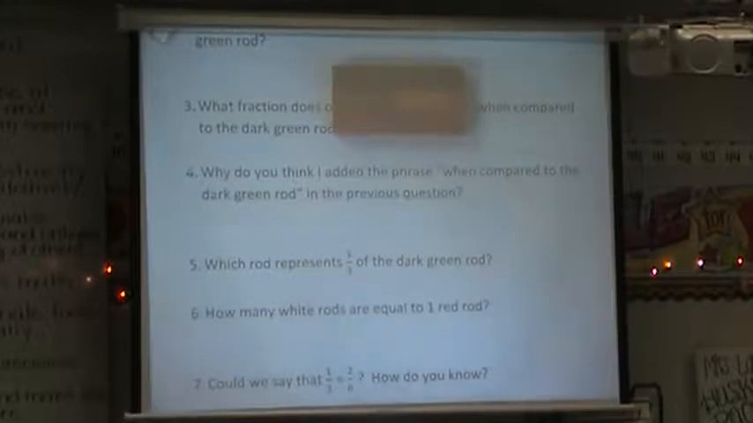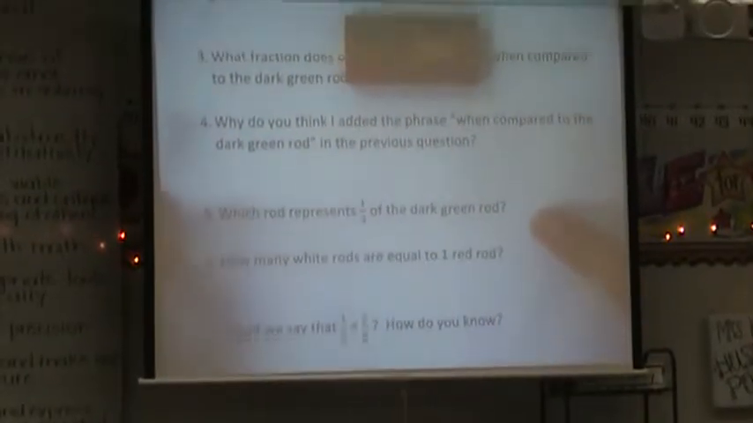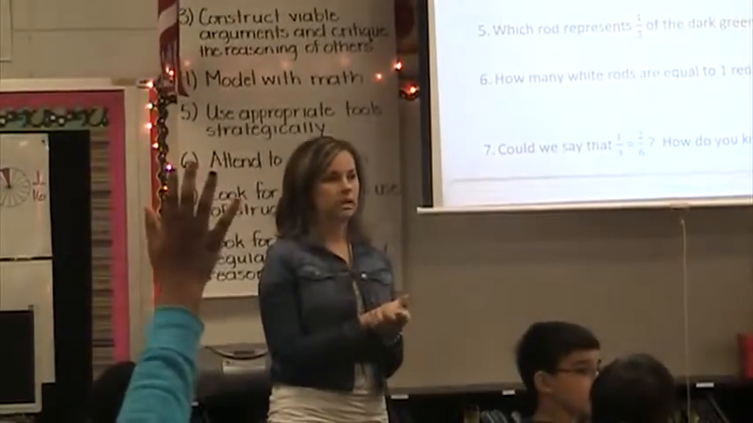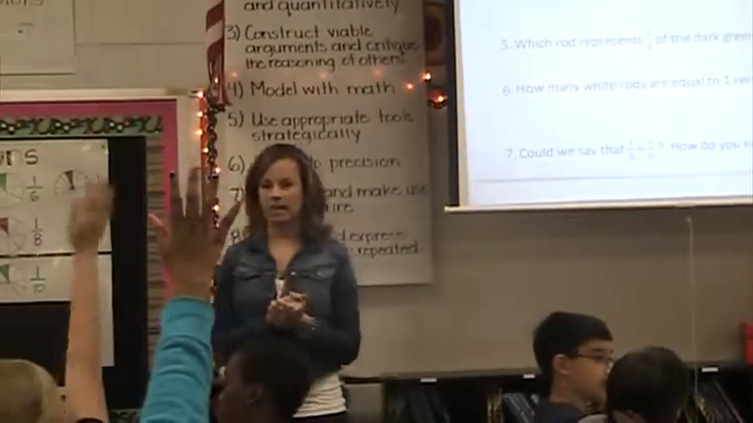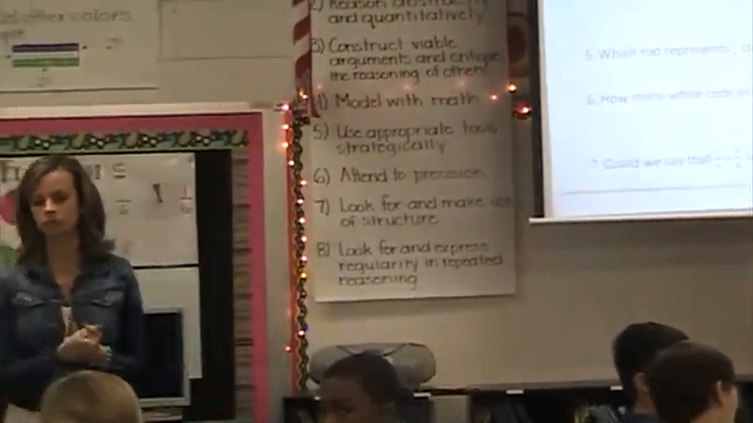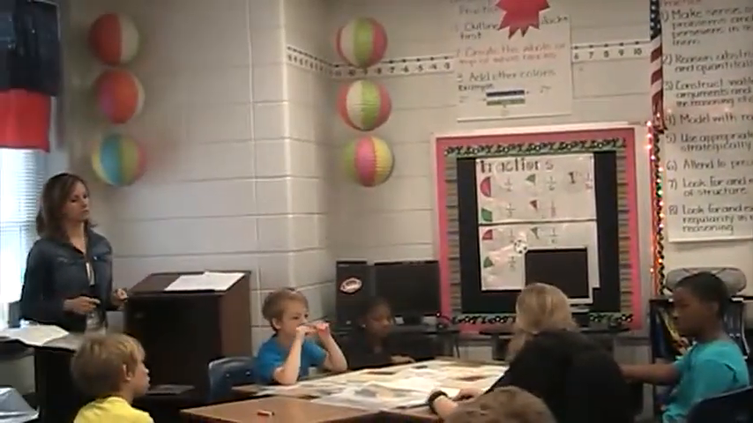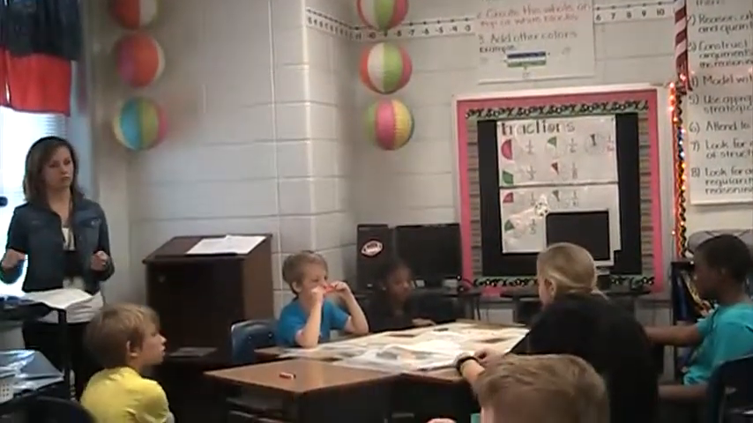Okay, now, could we say this? Look at this question down here, number 7. Could we say that 1/3 equals 2/6 in this situation? Okay, well, somebody tell me how you know. How can you explain that? Madeline? Because the 1/3 is 1 of the red, and the 2/6 is 2 of the white, and they are